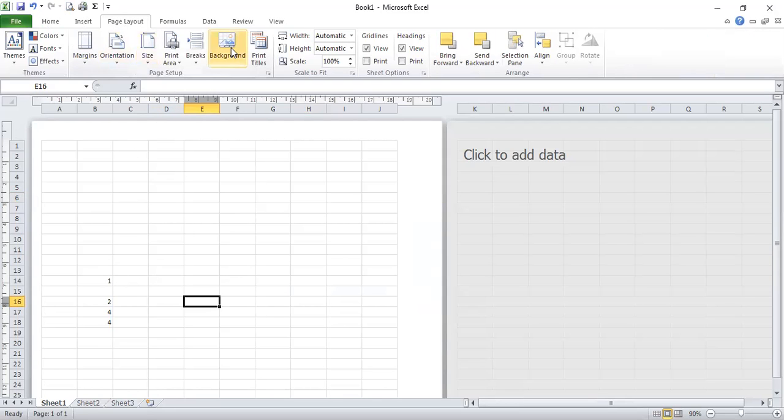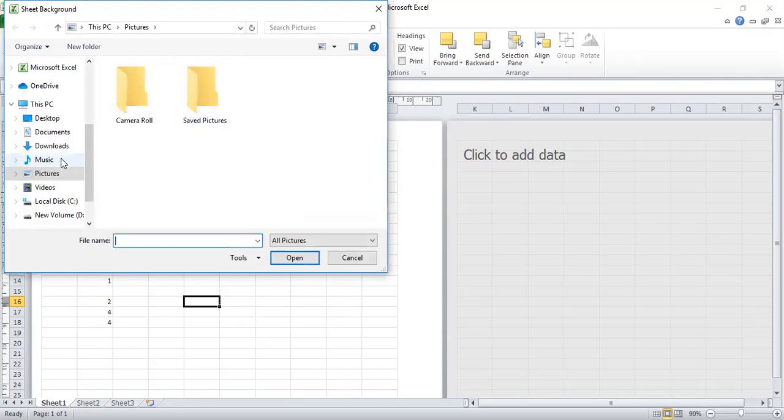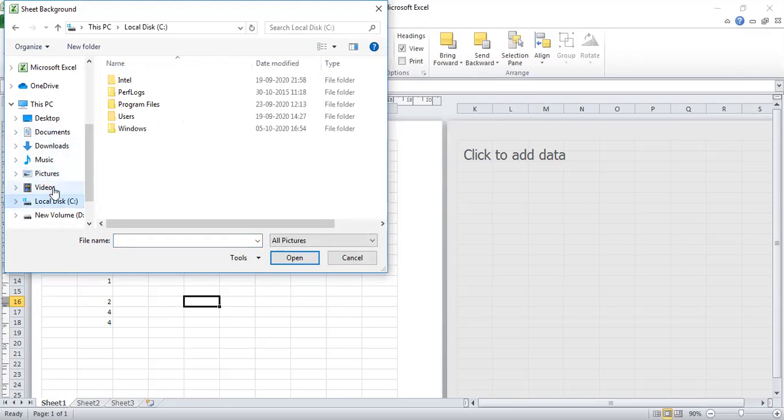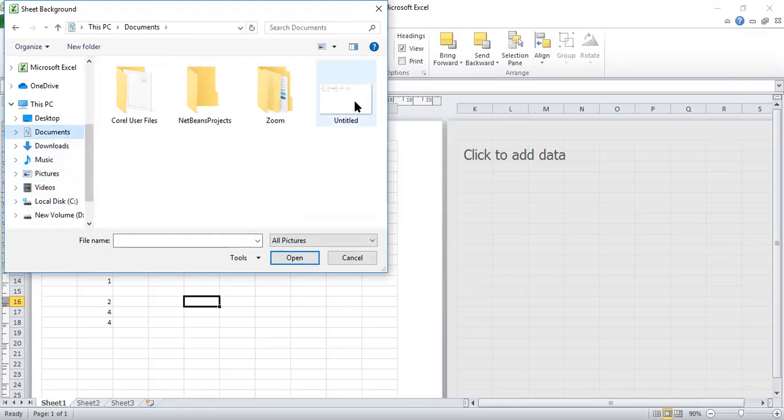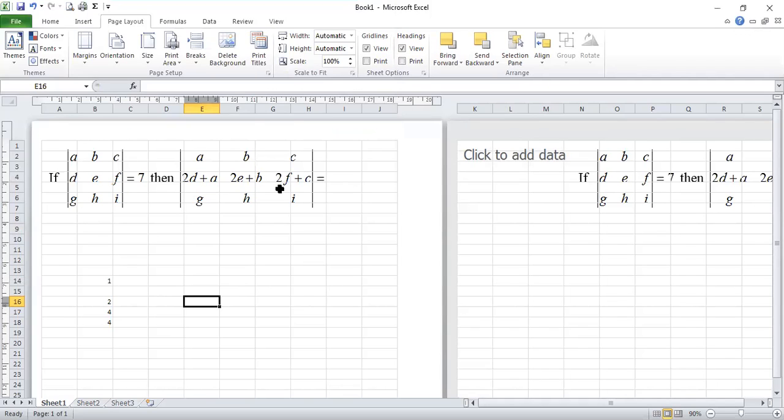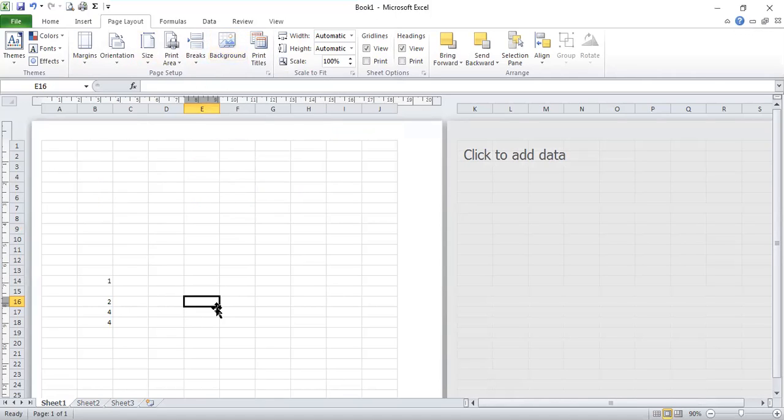Then next is background. As you see, the background option is again there in the page setup. From here you choose the image that you wish to apply as a background, so choose whatever image you wish to apply. जैसे ये एक पिक्चर है untitled something something, I'll just insert this, so this will come as a background. It's an image basically, so the image is there. So if you want to remove this image, click on this delete background button. You can apply any kind of image, right.